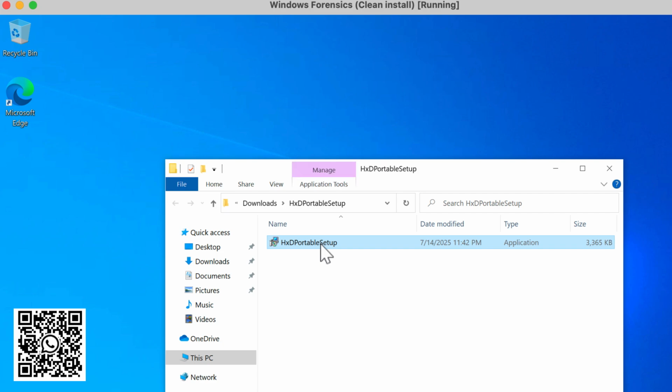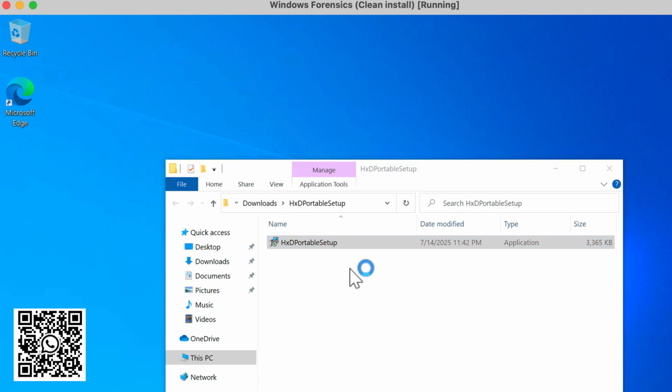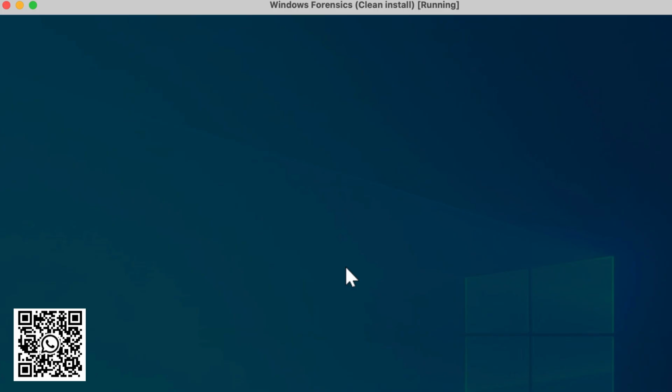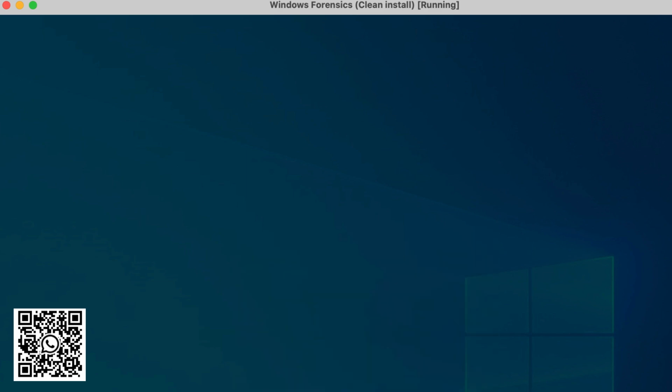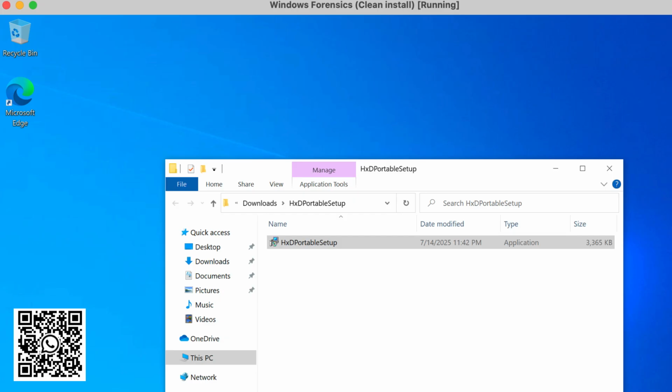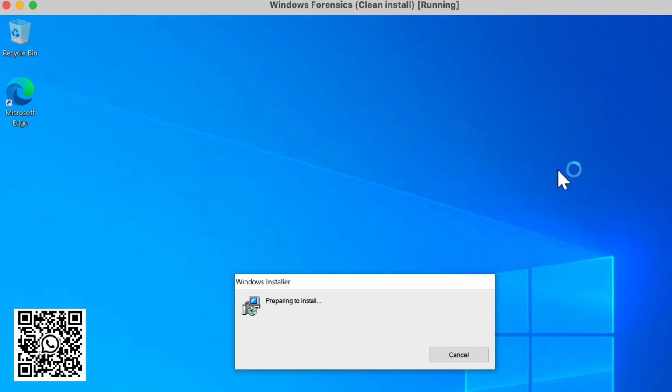Once you install the software, you can also install the add-ons which we'll be taking a look at in this video. There are certain add-ons which allow you to generate reports which can be added in Autopsy software. For Hex Editor, you just have to extract the file and then open the exe file. Both installations are quite simple and you won't face any issues as long as you are installing correctly.